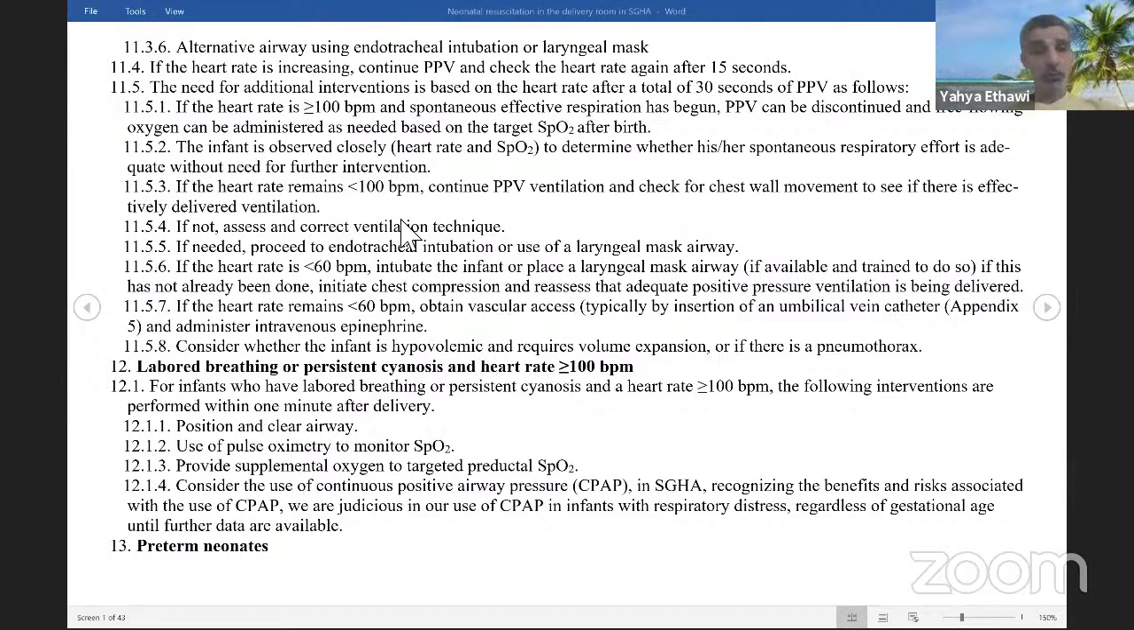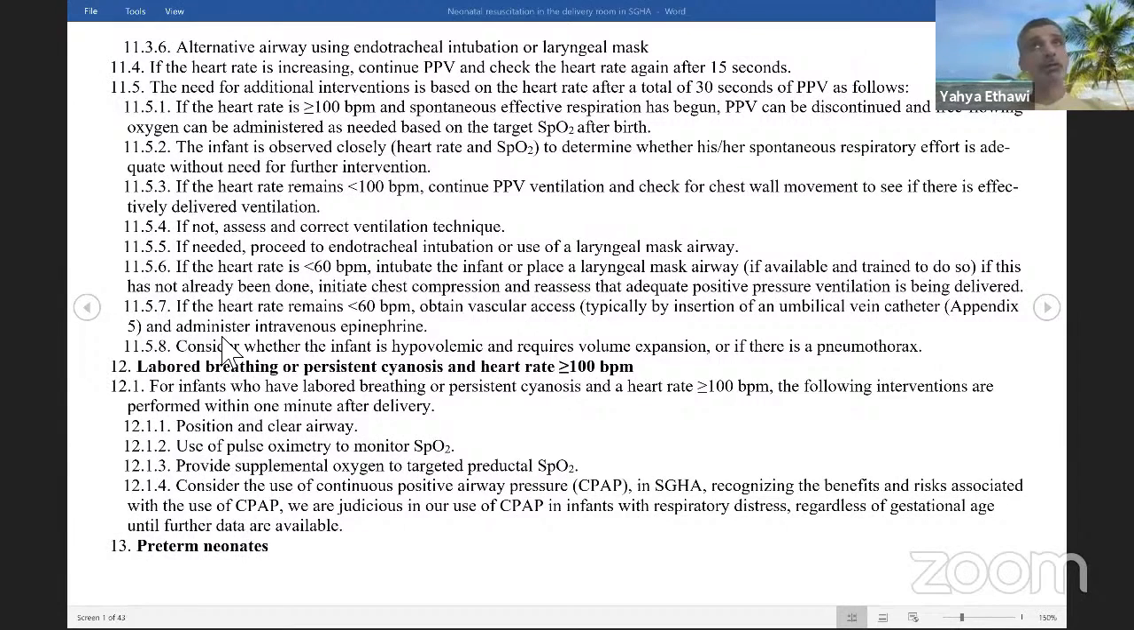But if we want to do the UVC in the ICU, it should be higher and should be the standard aseptic technique. If the heart rate becomes more than 60, then you need to stop chest compression and continue PPV. If the heart rate is more than 100 and the baby is fine, then you need to stop and maybe you give